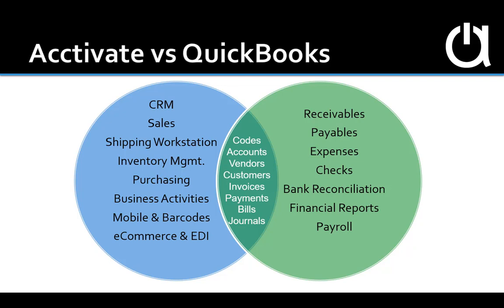Also, invoices sync both ways, and then payments as well, vendor bills, and journals. Journals are created by Activate and synchronized to QuickBooks and can be updated through the sync based on transactions that you're posting in Activate. So let's say you've posted a receipt and you've sold your customer the products that were included in that receipt,